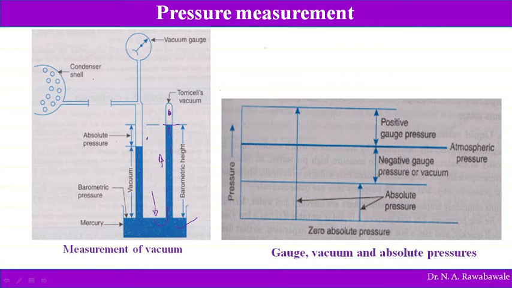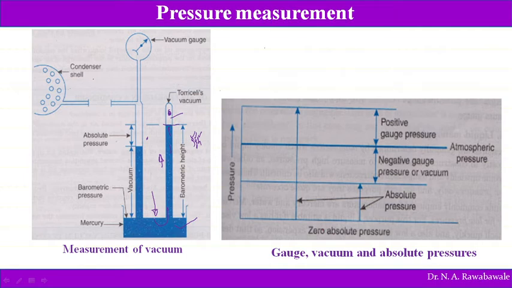The air exerts pressure on this mercury, so the mercury enters into the tube as we have created vacuum here. Indirectly we say that mercury is sucked into the tube. This happens until the self weight of the mercury is equal to the atmospheric pressure. In other words, this pressure is rho g h, where rho is the density of mercury, g is acceleration due to gravity, and h is the height of mercury. When the pressure exerted by the column of mercury becomes equal to the atmospheric pressure, the rise of mercury in the tube stops. This is called the atmospheric pressure.